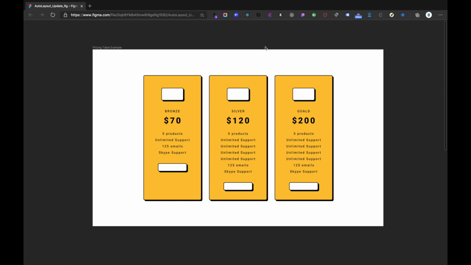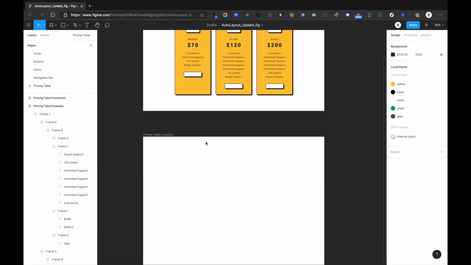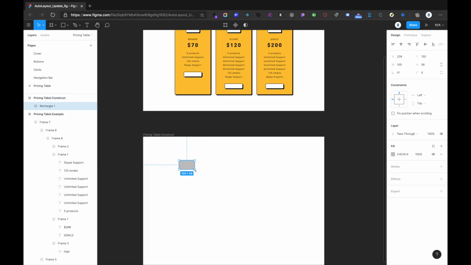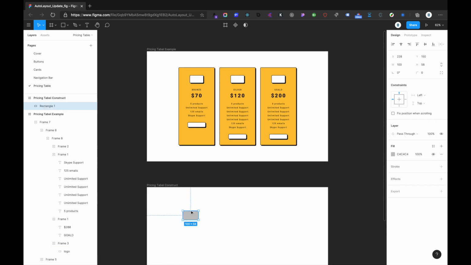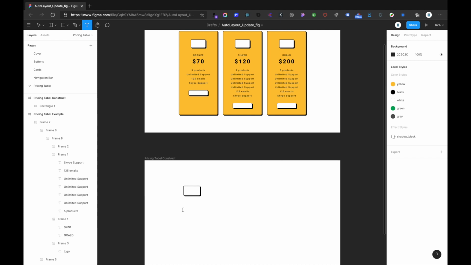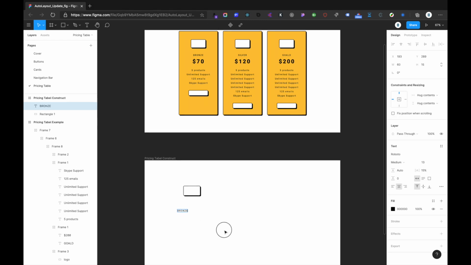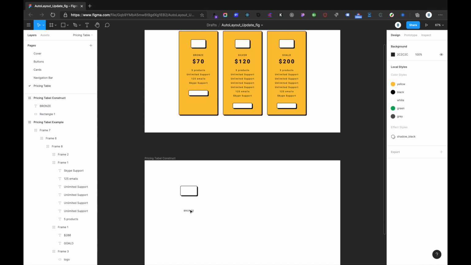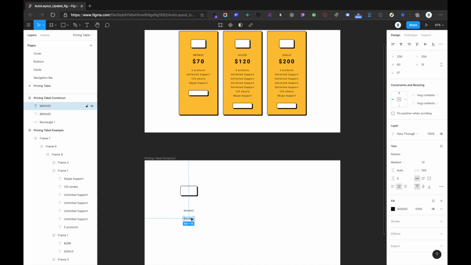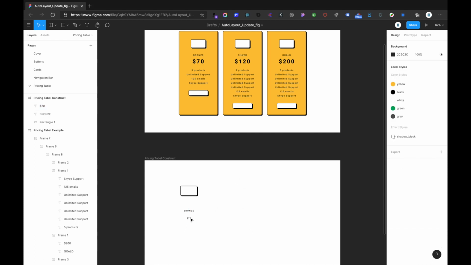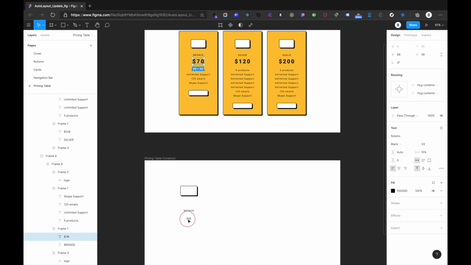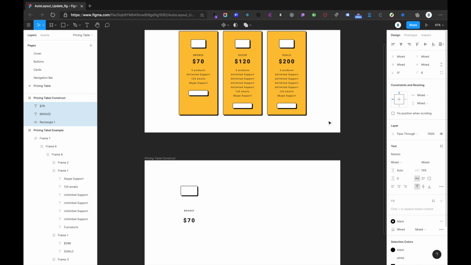We'll be replicating this particular pricing table and creating our own with auto layout. So first of all, I will try to replicate these boxes. So better if we just copy them, and also we just add a text to it and add a branch, and we also want to add some pricing to this one, which is 70 for now, and then we can also copy this particular style to this one as well, and align it to the center again, and